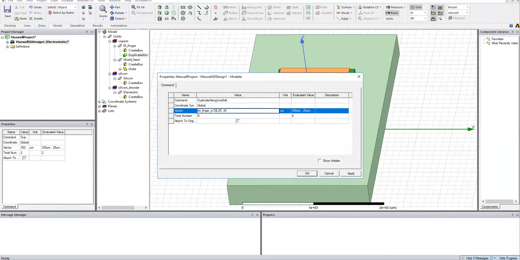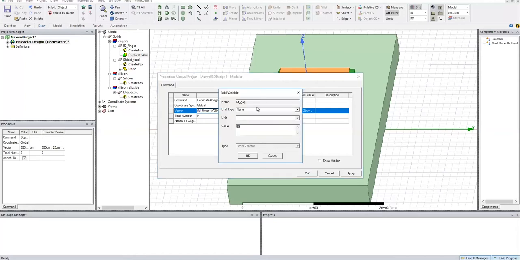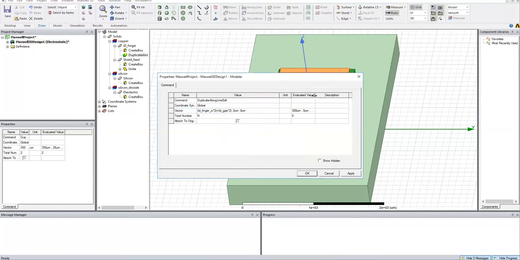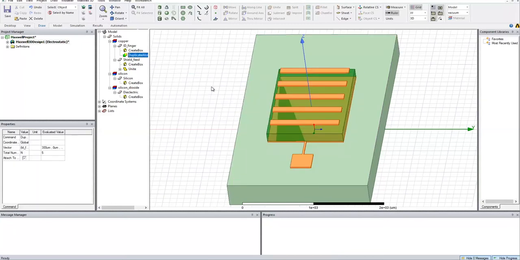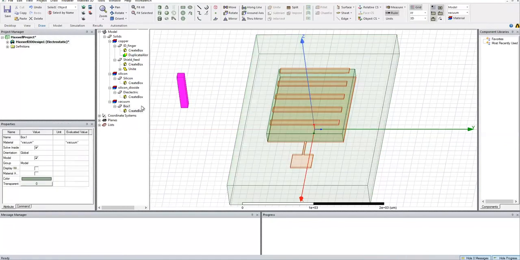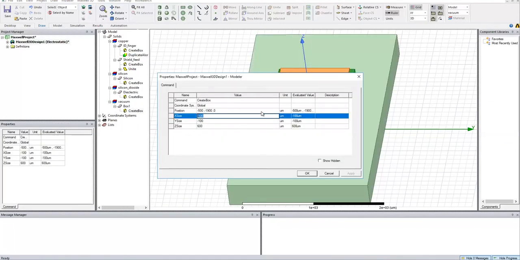So we assign n as a variable, which is the number of fingers in each electrode. The IDE gap, which is the distance between each electrode, is very important, and we adjusted our distance to be 50 micrometer. As you can see, there are 5 fingers for IDE electrode 1.